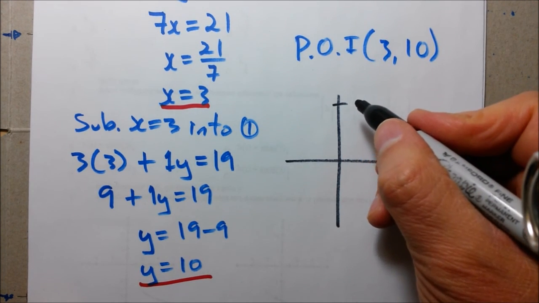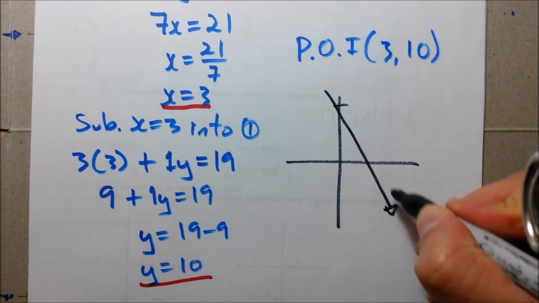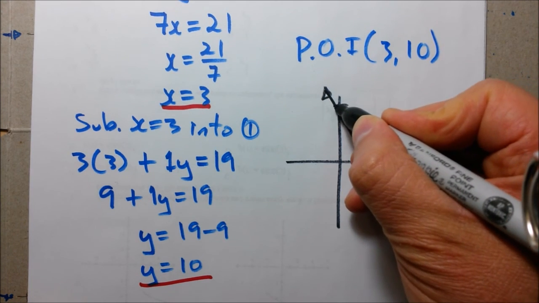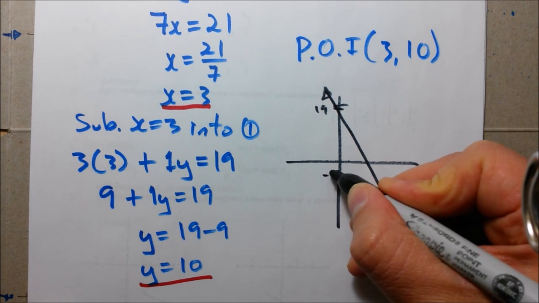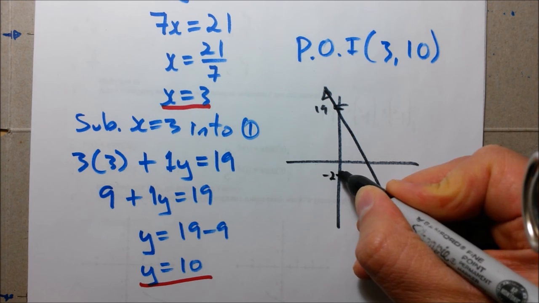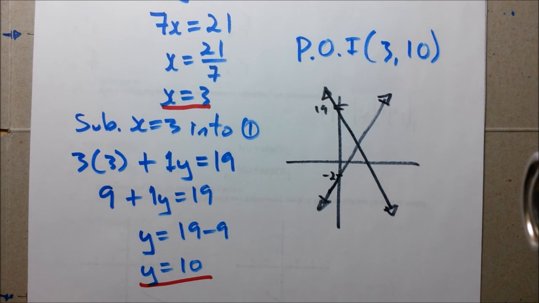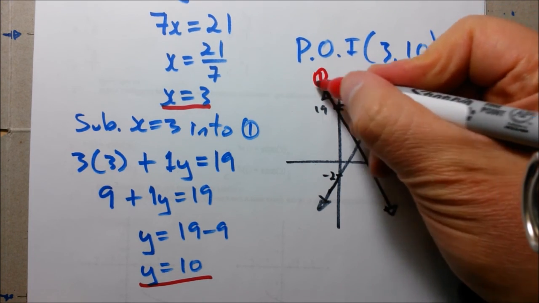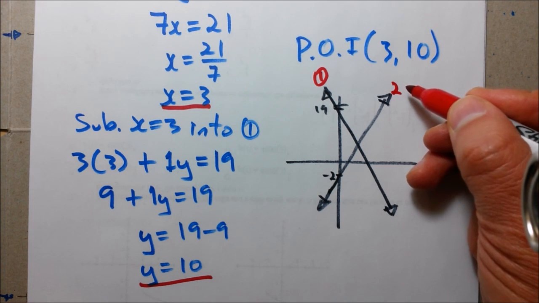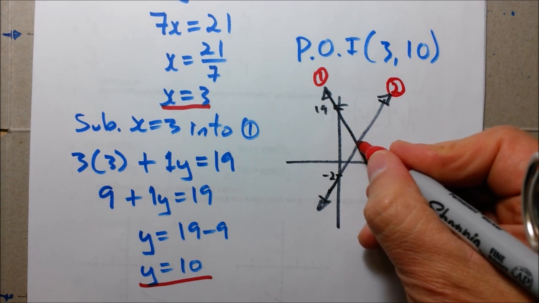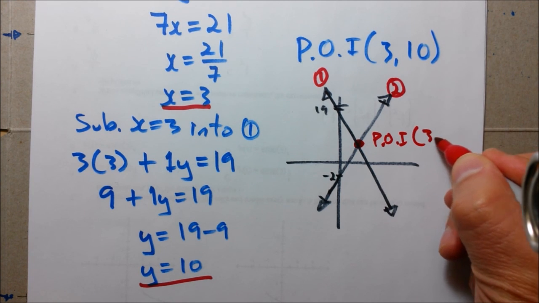I believe we would have something that looks like this. This would be our equation 1, just a rough sketch. This would be our 19, etc. And our equation 2 would be, I believe, this way. So once again, this would be our equation 1, which is 3x plus y equals 19, and this would be our equation 2, 4x minus y equals 2. And they meet at this point, our point of intersection, and the coordinates of that would be 3,